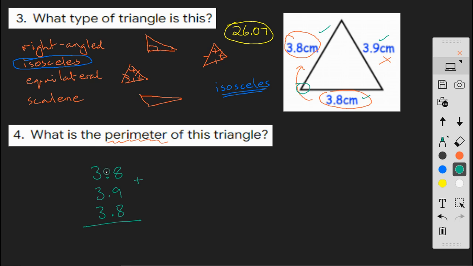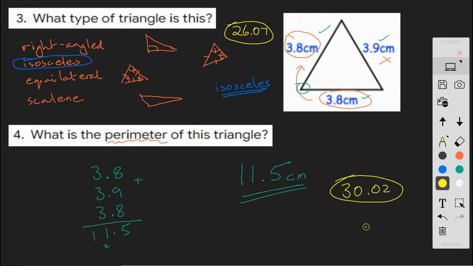When we're adding decimals, make sure that all our columns are lined up, including the decimal point. 8 and 9 is 17. 17 and 8, 25. So 5 carrying over 2. 3, 6, 9, 11, 11.5. So our length here is 11.5. Please don't forget your units. Nugget to go and practice on century is